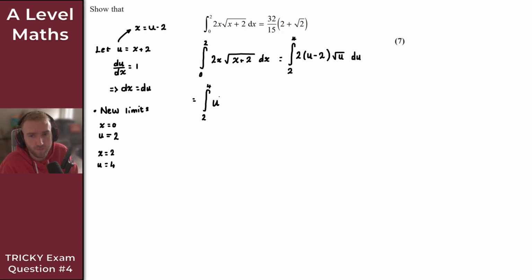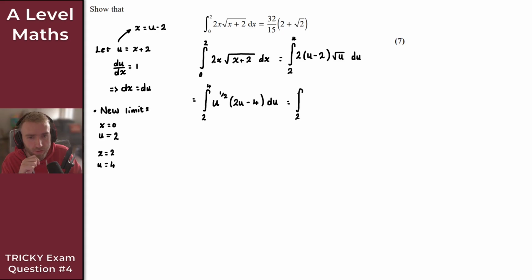So I put the u to the power of a half at the front. I've then got 2u minus 4. Okay, I'm integrating here with respect to u. Perfect. Okay, so just multiply through here. So u to the power of a half times 2u. So what we get here then, don't forget the integral symbol, of course,